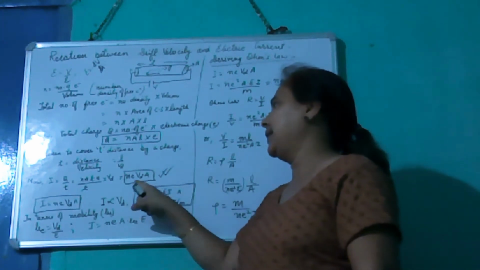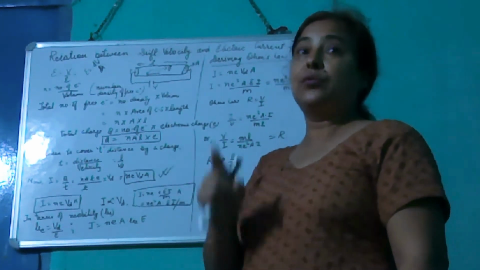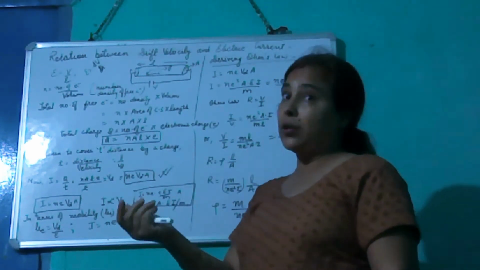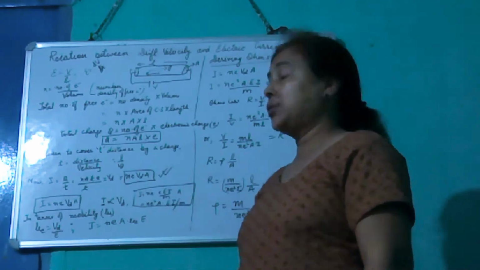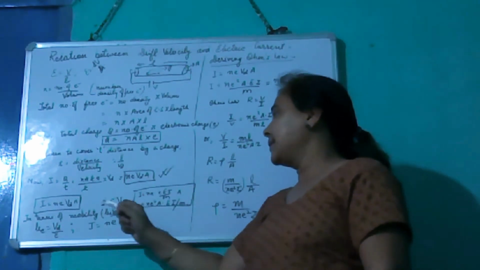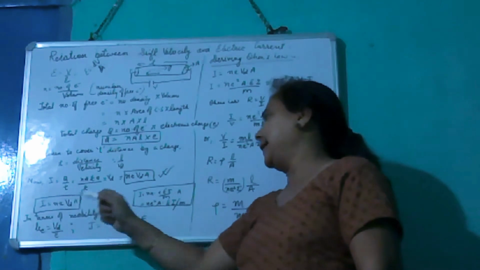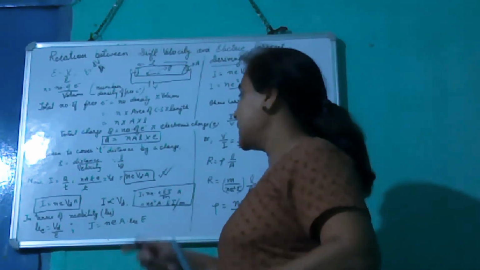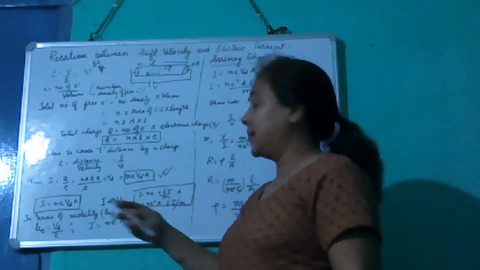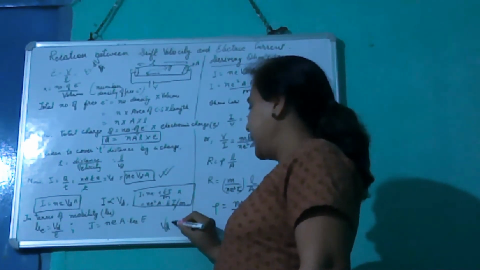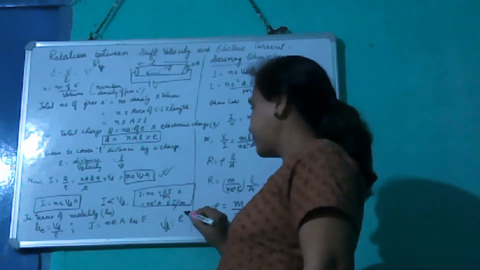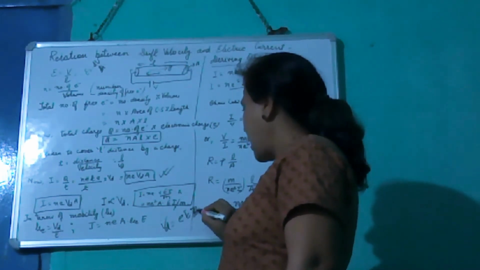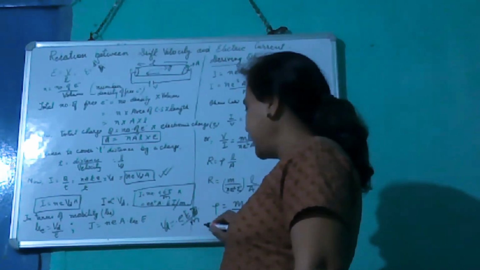For a given material, we are talking about a given conductor whose number density is constant. e is always constant on an electron. A, area of cross section, is also constant. So, I is equal to neVdA. Here we can express this in another form also. Which other form? I is equal to ne. Remember last class, drift velocity Vd came out to be eE into tau upon mass. From where did we get this formula?